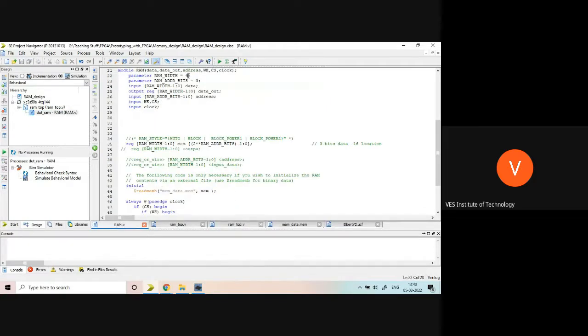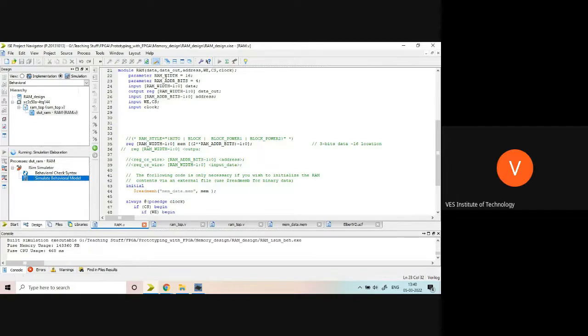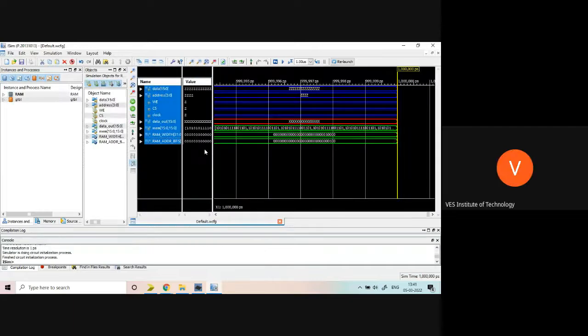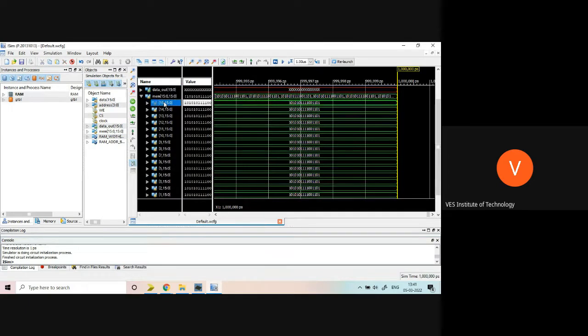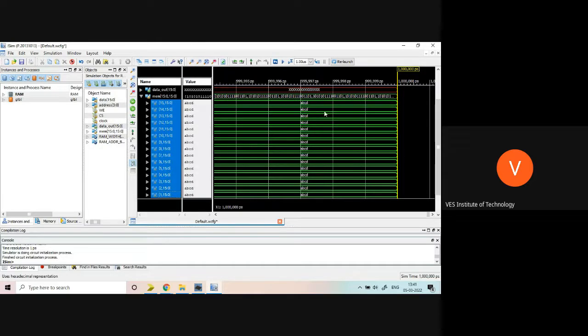Let's see. So this is 16. I have not mapped the parameter, so that's why I have to change it in both locations. So now you can see, here RAM width means how many data bits, and RAM address bit means address locations. Is there any connection between these two? Yes, I will show you. Just a minute. First, we'll look at this. Now it is 16-bit data. I will mark the radix as hexadecimal. You can see ABCD is written.